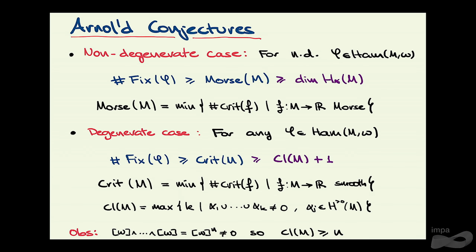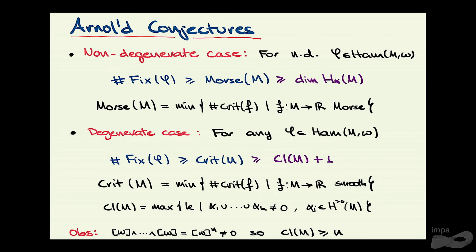Now, there has been plenty of work on these conjectures, and in fact, this lower bound here is now known in full generality. I prepared a slide for the end with plenty of notable contributions, but I'll leave it for the end because otherwise I won't be able to finish the talk. But this case here, the Morse number bound, is known when the manifold is aspherical and in just a few other cases. So it's open and it's not known in full generality.